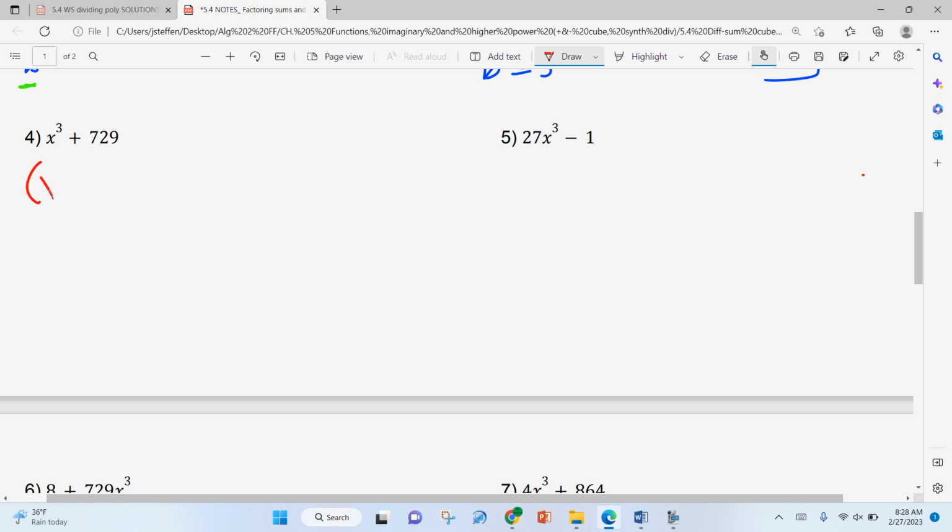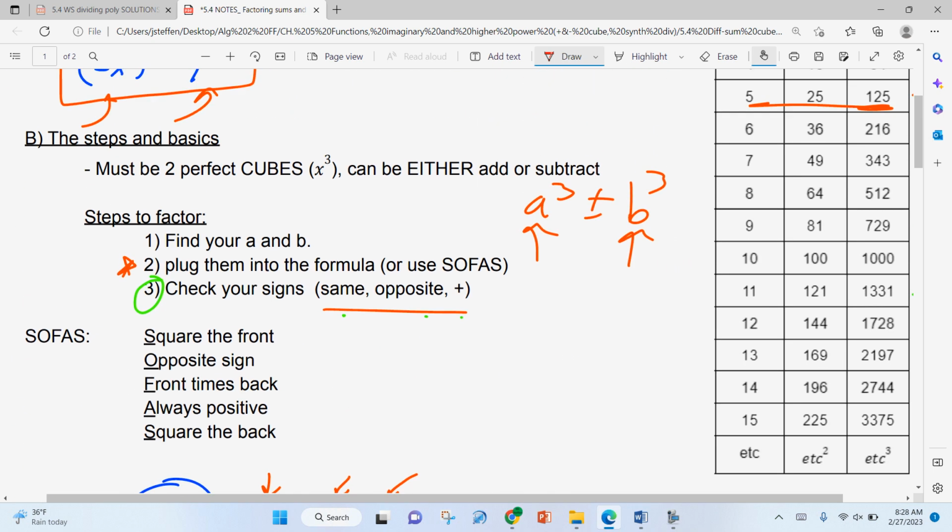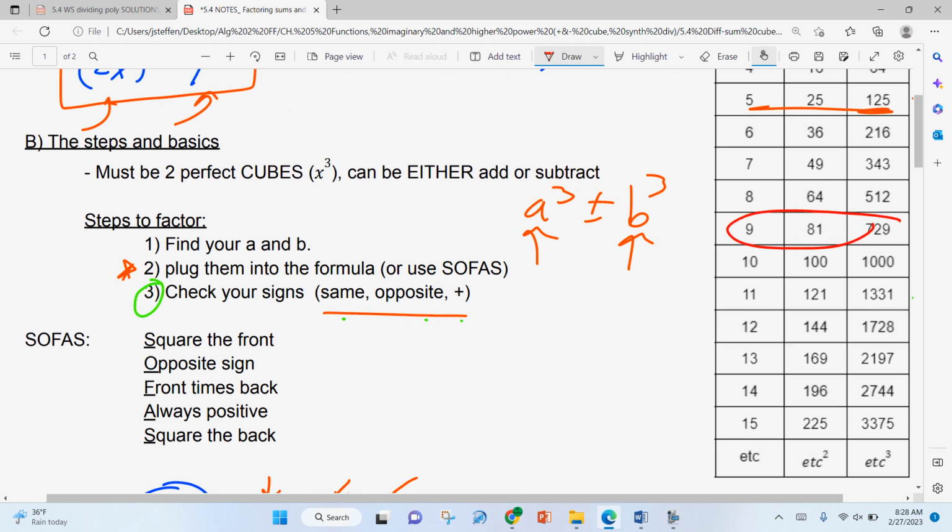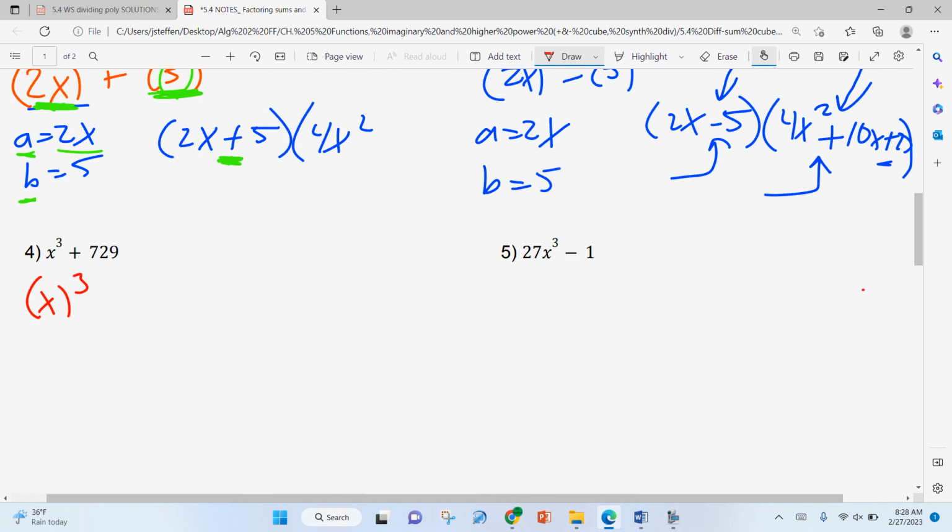x to the third is x to the third. 729, go up on your list and check if you have to. 729 is right here. So that's 9 to the third. My A is x. My B is 9. I have x, and we start with a plus, so x plus 9